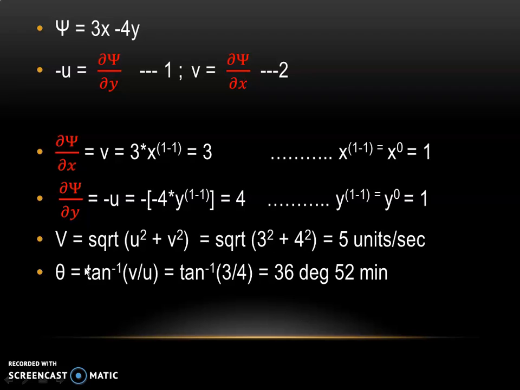Similarly, we will find out the value of theta, as we are asked to find out the direction of velocity. Theta equal to tan inverse of v by u. So this is equal to tan inverse of v is 3 and u is 4. So it is tan inverse of 3 by 4, which will be equal to